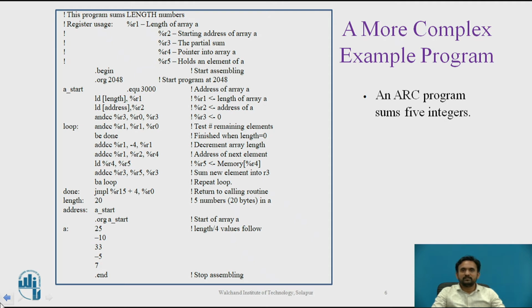It does this by ANDing R1 with itself, which has the side effect of setting the condition codes. We are interested in the Z flag, which will be set to 1 if R1 is equal to 0, and the remaining flags are set accordingly.